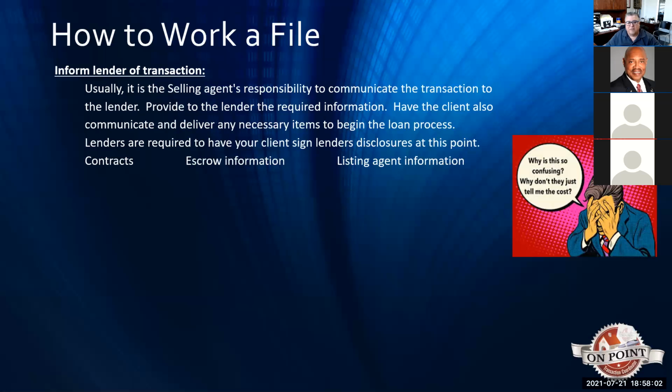And that's because there's a lot more information on it, okay? But they're signing, understanding the fees and all the money that they're spending in order to purchase this property, right? So those are the things that the lender would need. So this is now just the next step of the process, right?